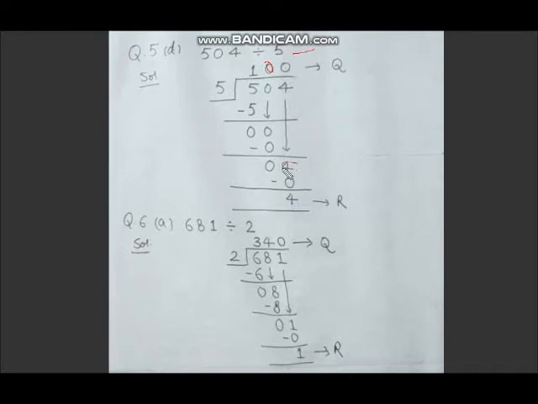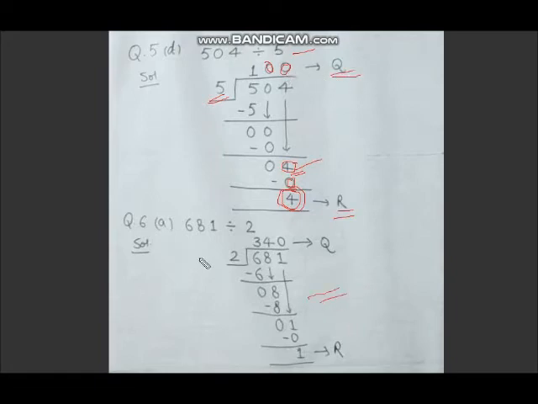Now see, this 4 is smaller than 5. Right? जो divisor है हमारा यहाँ पे उससे छोटा digit आ गया यहाँ पे. So जब भी ऐसी situation होगी कि अब आपके पास में यहाँ पे smaller digit होगा from this divisor, so we will write in the quotient 0 and we will subtract 0 also. जैसे अभी हमने 0 में किया था वैसे हम smaller digit के लिए भी करेंगे. So 5 times 0 is 0. So 4 minus 0 is 4. So this 4 will be remainder and this 100 is the quotient here.